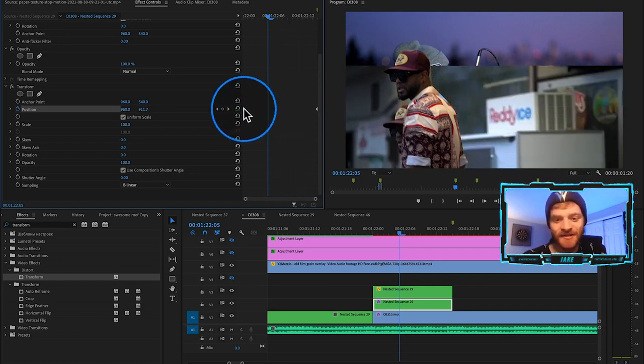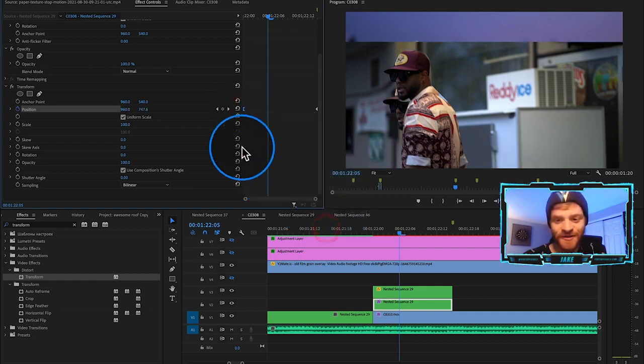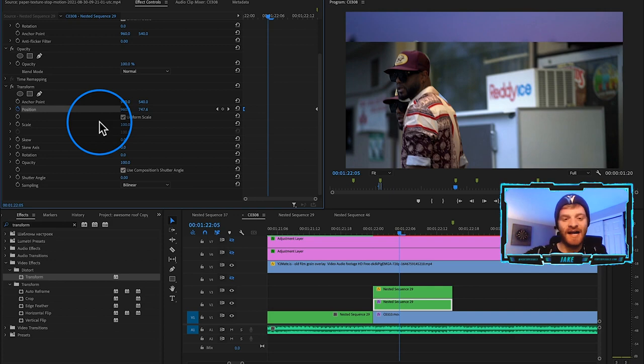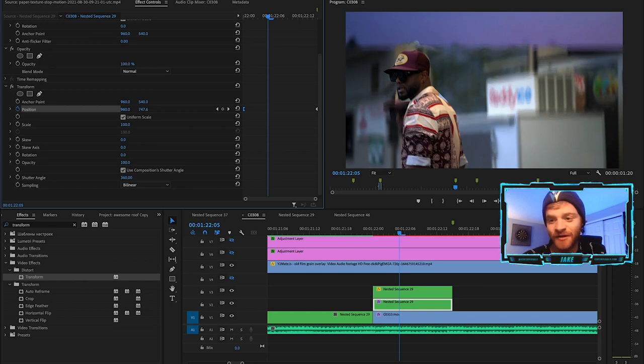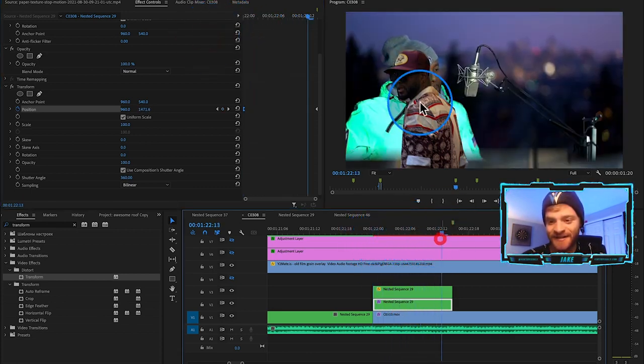And then I'm going to right click on this first keyframe we made, and hit ease out. That way it kind of falls out gradually and the motion's going to look really nice. And then I'm going to turn up my shutter angle so we get that motion blur. You see how blurry that background gets as it falls away right there. Boom. So now we have our background falling,